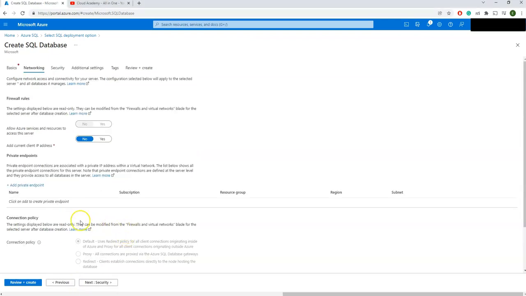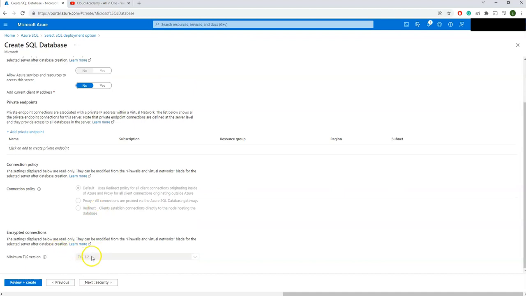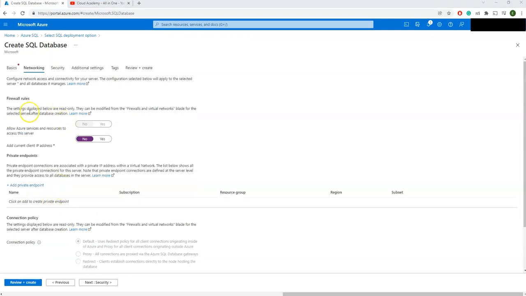There is one small difference here too. Earlier there was no TLS version option, and there were some small naming changes also. I think they used to call it connection method. Now they call it connection policy. So moving on to the firewall rules, you can also modify these under the firewalls and virtual networks. What it does is allow Azure services and resources to access this layer.